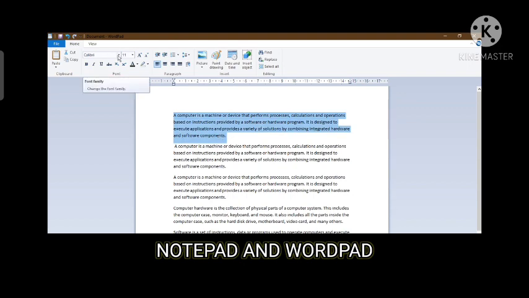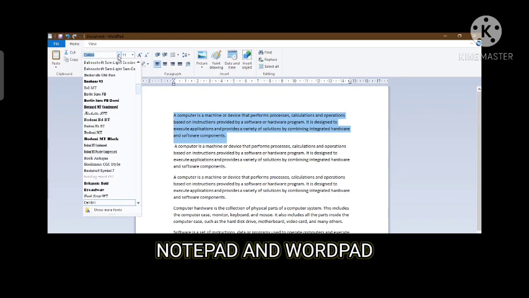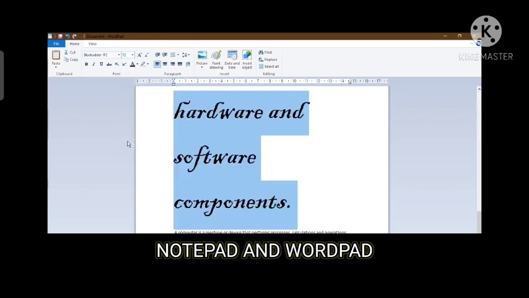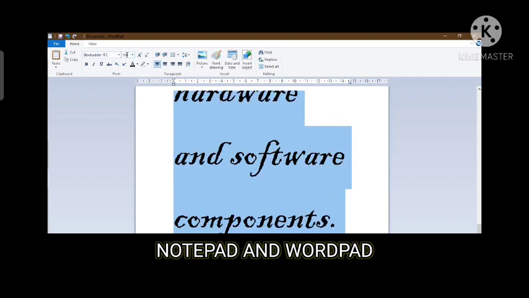After selecting, we can change the font style. There are many styles over here. Whichever style you want, you can select it, and you can see the preview is already visible. I want to enlarge it, so I can change the font size also. From here I can change the font size. It is 11 at present. I can change it to, let's say, 72. It is very much enlarged. Let me change it to 100. If I want, I can also type it, so it will enlarge more.